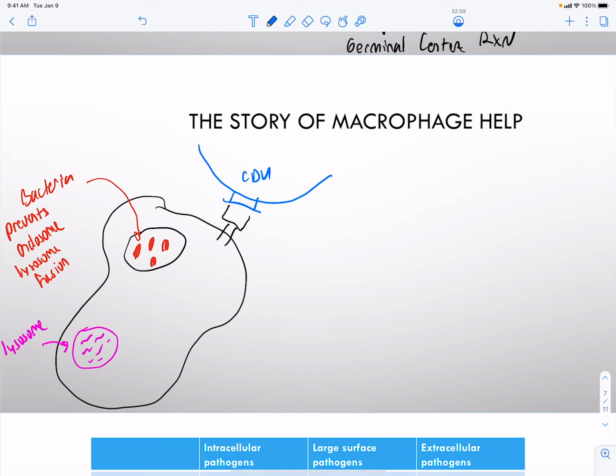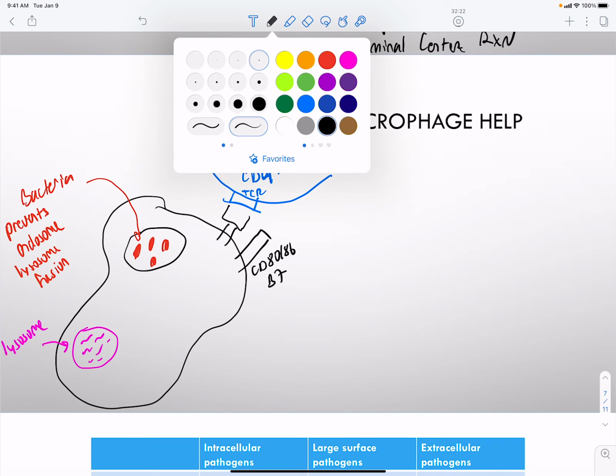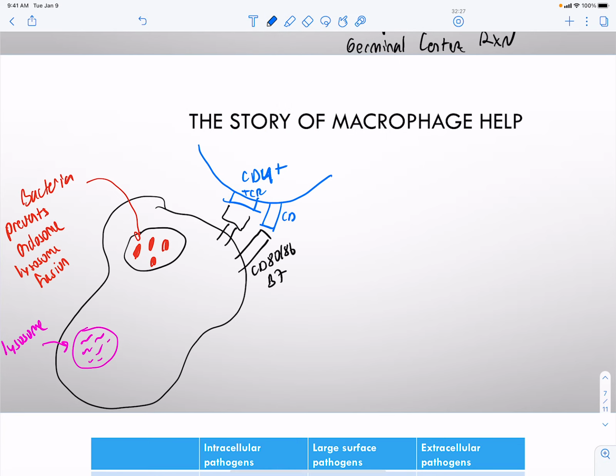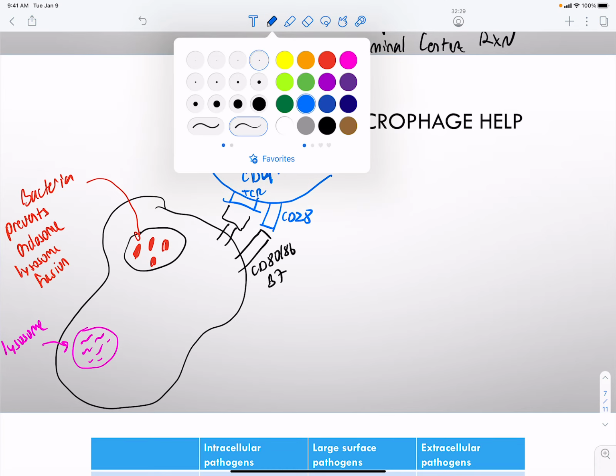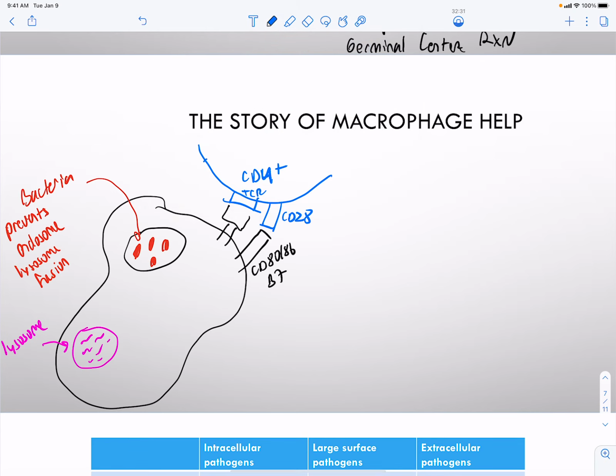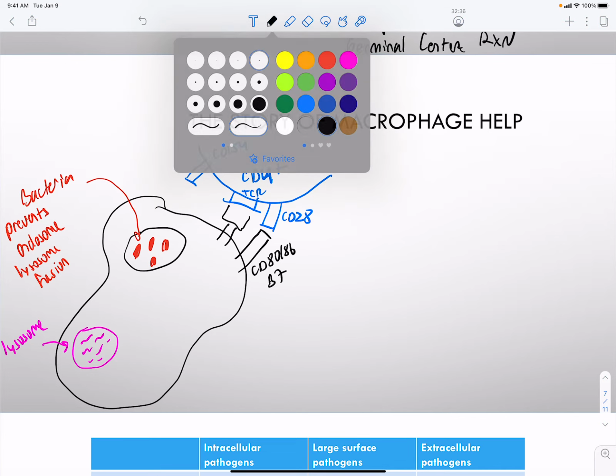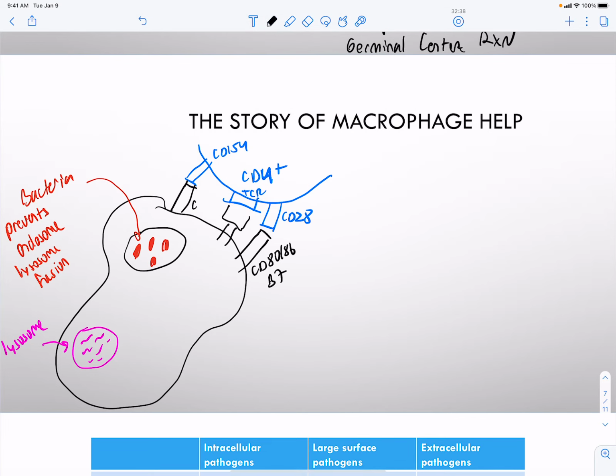And so the T cell receptor, and then you're going to have the same sort of signals. You're going to have the CD80, 86, beta 7, and this is going to interact with your CD28. Hasn't changed, signal 1, signal 2. And then you're going to have your CD154, and that's going to interact with the CD40, so CD40 ligand, and